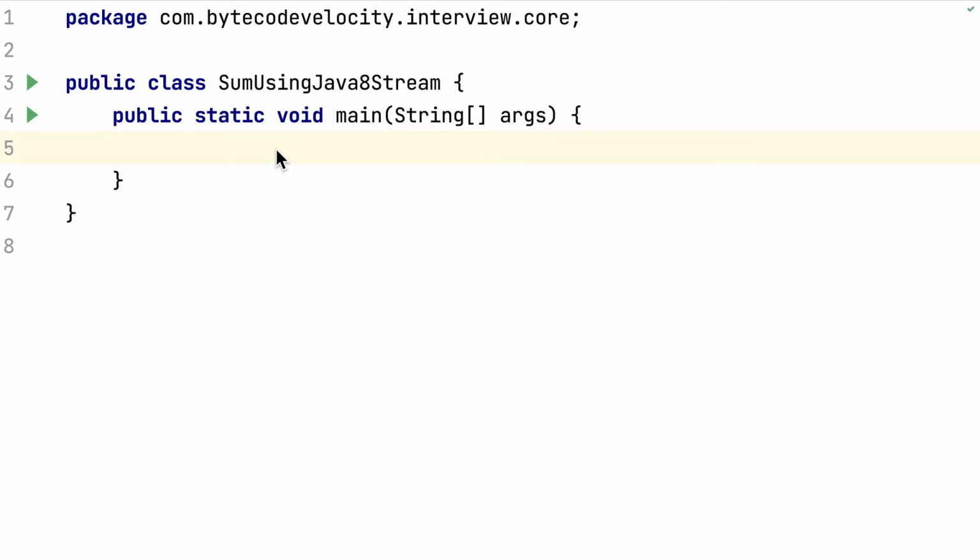So I have a list of numbers. How am I going to find the sum of the numbers? And we are not going to follow the traditional way. We're going to use Java 8. There are multiple ways to do that. Maybe let's try three different ways to find the sum. But for that we need the data first.